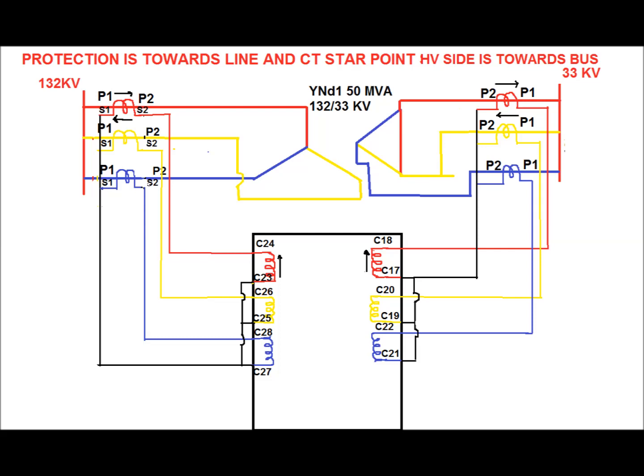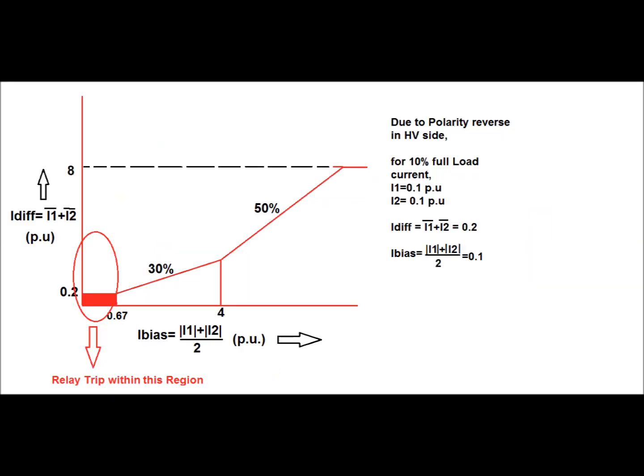Now we can see what the impact is of the CT star point towards the bus side instead of the transformer side. The characteristics diagram for the differential relay has been shown as per setting. The initial setting is 0.2 up to the boundary of I bias of 0.67. That is, when I bias is less than 0.67, the differential current must be greater than 0.2 for the relay to